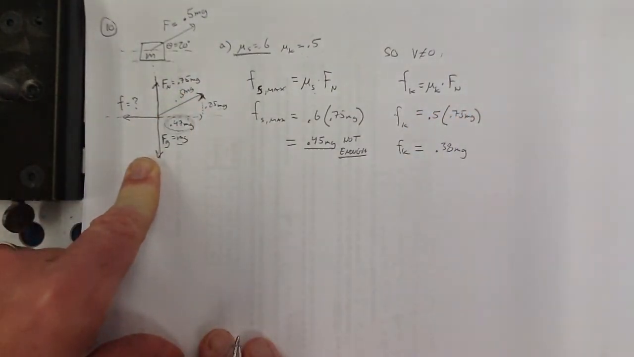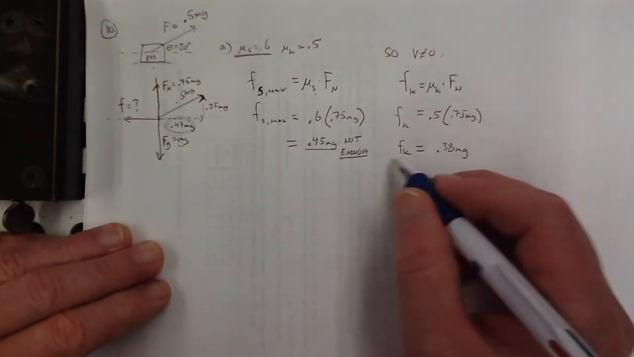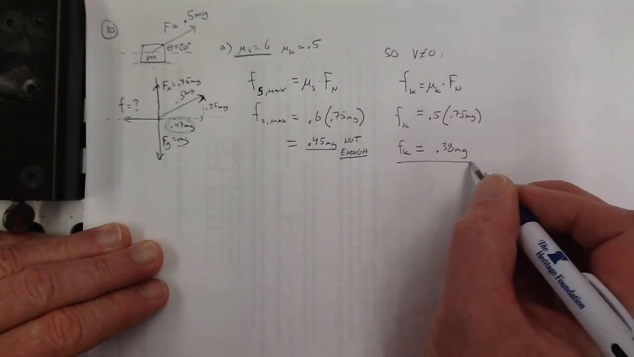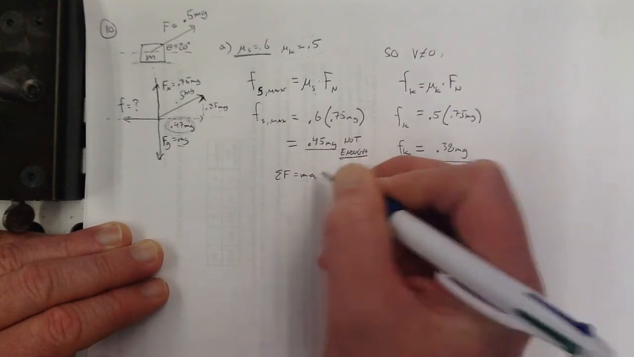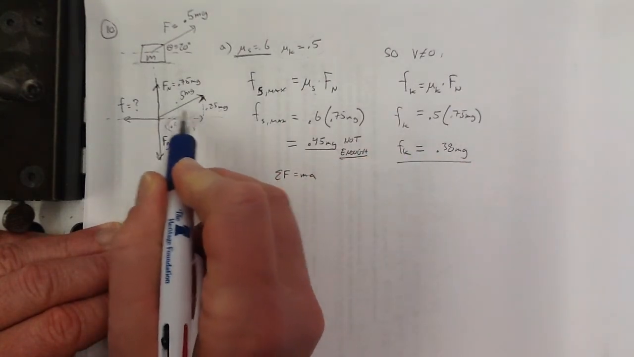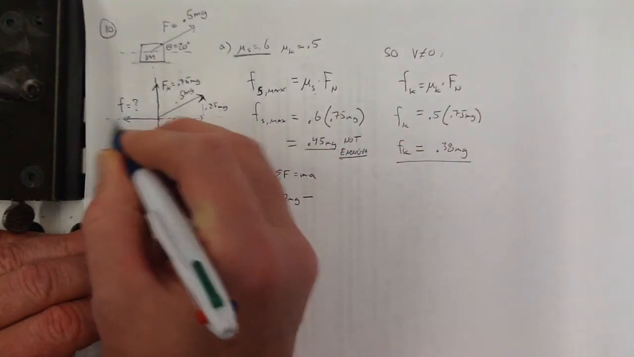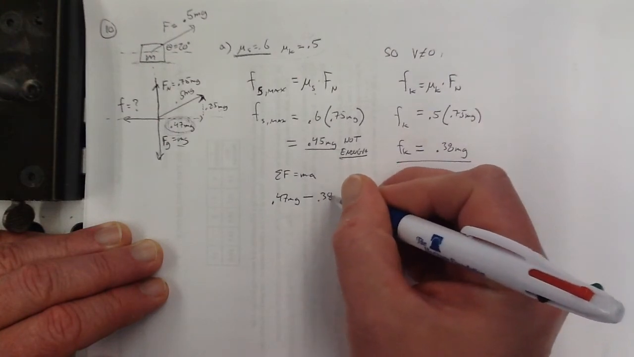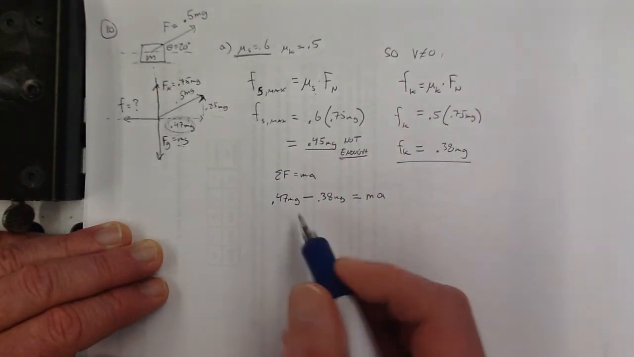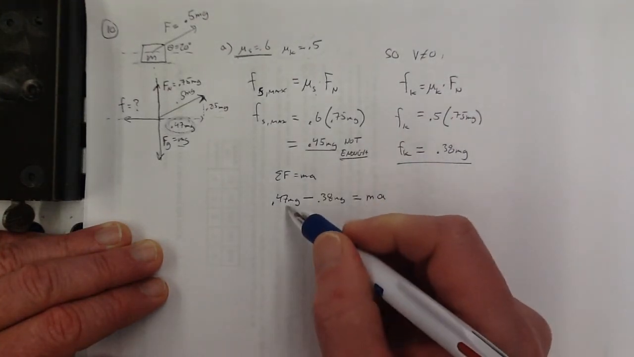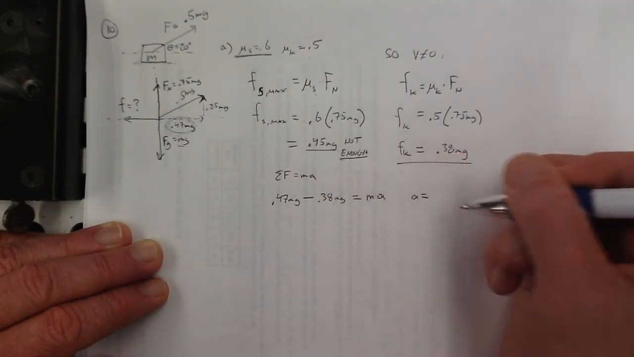That gives me 0.38 mg. And what are we doing? Are we finding the acceleration? Yes. So now that we know that, in part A the sum of all forces is mass times acceleration, that would be this minus the friction force is equal to mass times acceleration. And look, there's a mass in all of those terms, so that cancels out, and I get that the acceleration is equal to